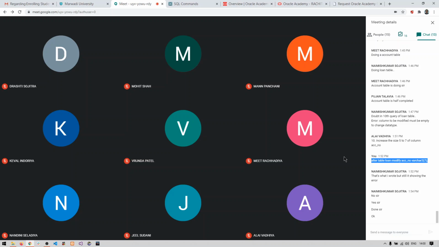And in query number 10, you need to first create the installment 1 table from the installment table, like create table installment 1 as select star from installment. And after this, you need to delete all the rows from the table installment 1, so you will write delete from installment 1. This is what you have to do.